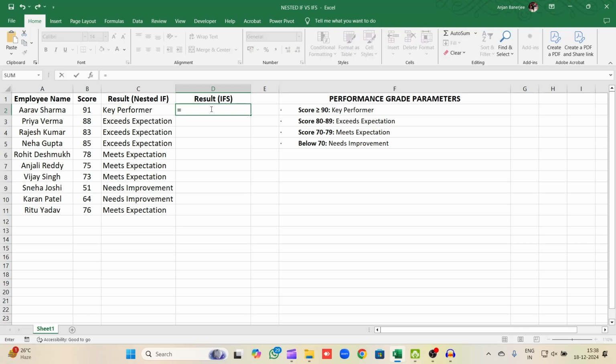So, it's equal to, instead of IF, I'll write IFS, I'll open a bracket and I'll put in the first logical test. So, the logical test is if the value of cell B2 is greater than or equal to 90, comma, what is the value if true? I'll say key performer, right? Now, instead of a true false, here I need to place the second logical test, which is again